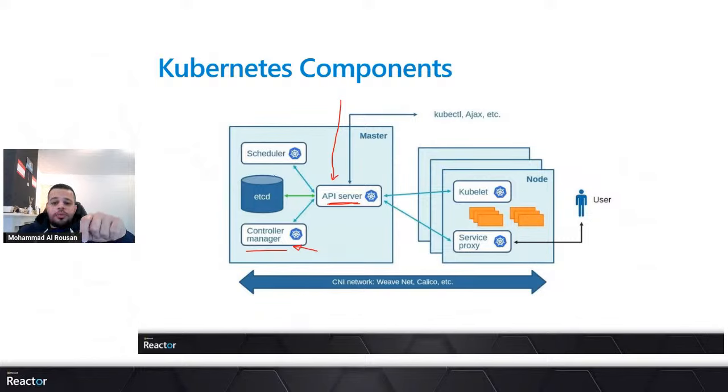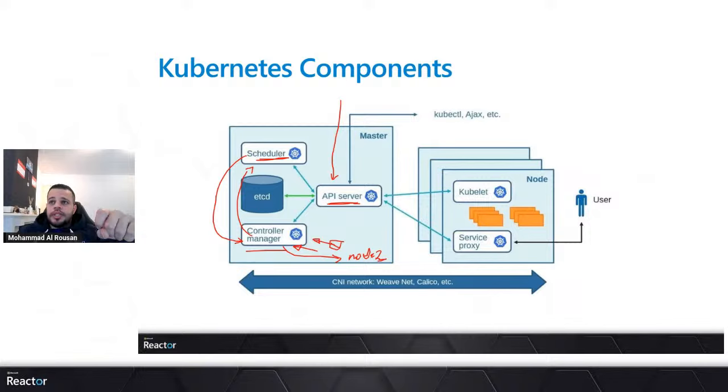While the scheduler is responsible for scheduling containers on different nodes based on resource availability. So, for example, here you have one pod that died. The controller manager will be notified, and it will ask the scheduler where to deploy it. Since the scheduler has all the resource availability records, it will reply back to the controller manager, yes, go and deploy it on node 2, for example. So this is the primary use of the scheduler.